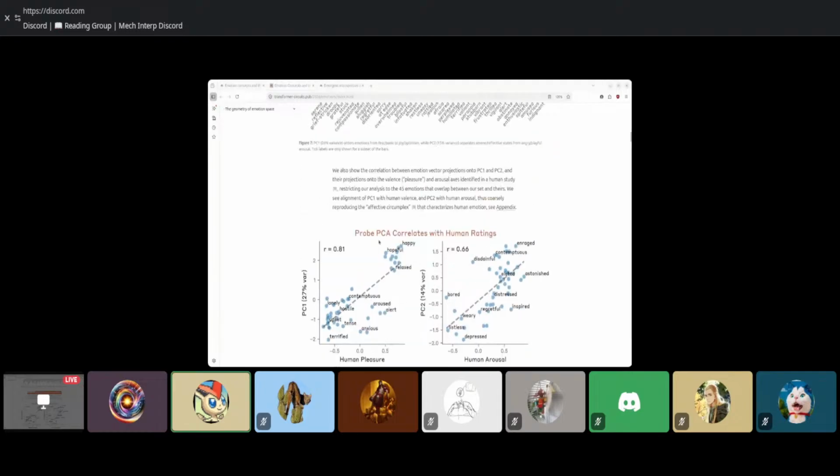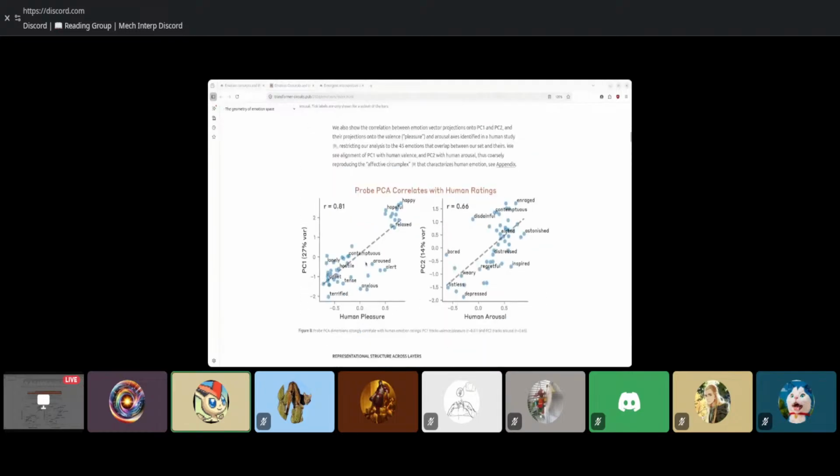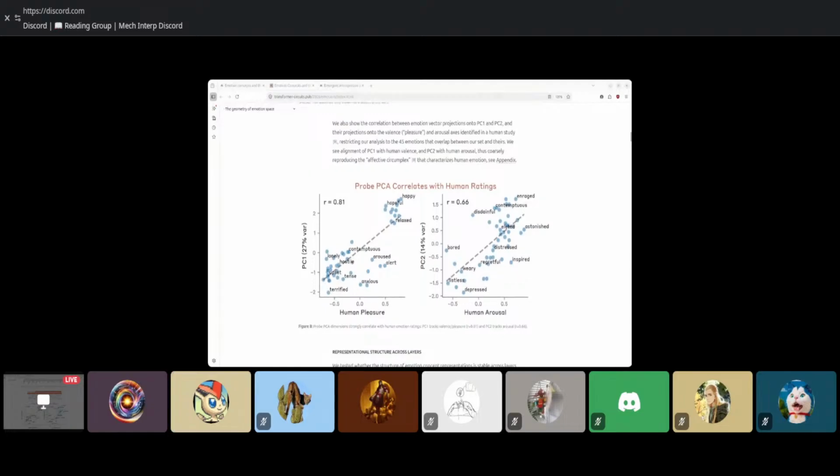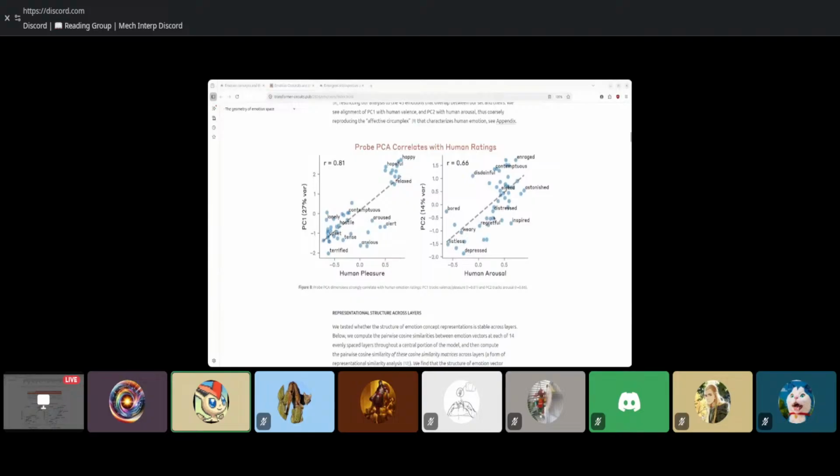Also, this is PCA. Oh, well, never mind. I was thinking of this PCA between the two things, but it's actually PCA with the human ratings. Interesting. Kind of correlated, but not always. What are the things that are more different from human ratings? Okay, so this is the